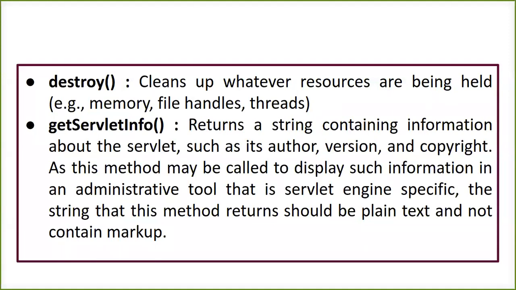Fine. And the last method is something we know as getServletInfo. It is going to return the information in string format, and that can consist of the author name, the version, and the copyrights. All this information is going to come to me when we invoke the getServletInfo method. This method returns the information in the form of plain text, not in the form of markup. So we have to understand that whatever information we get from the servlet engine, whenever this method is invoked, comes in the form of plain text.